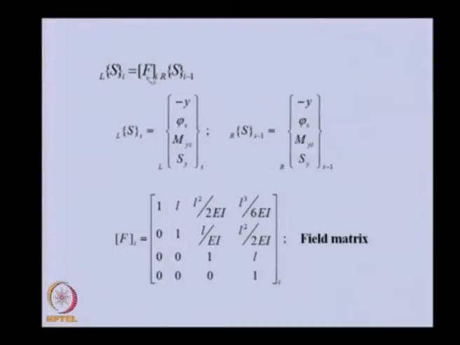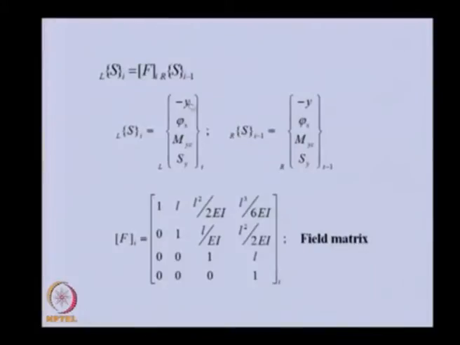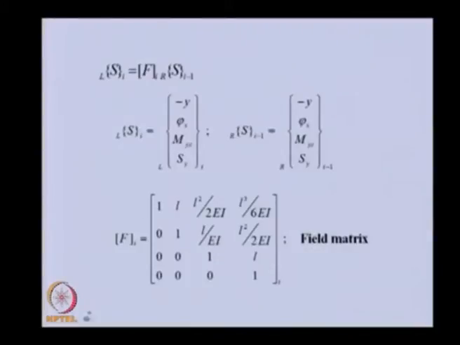Now if you go back to these 4 equations, basically you can see these are the vectors which we have arranged. I think if we put this here, then this will be of a similar form. Here all are left of I components, and on this side we have right of I minus 1 components. Similarly 4 components are there. That means these components which are right of I minus 1, and whatever coefficients of these are there on the right side, we are keeping in the field matrix. So this is the field matrix.